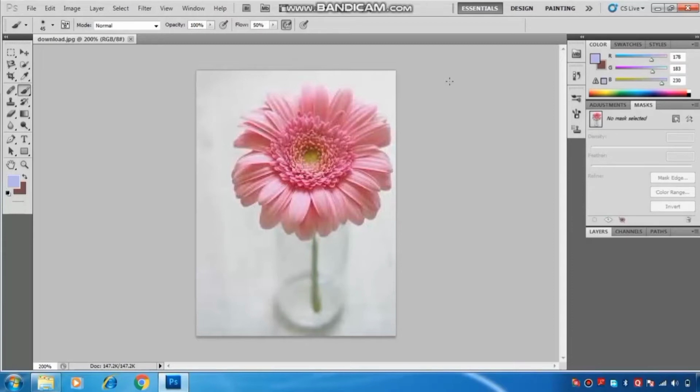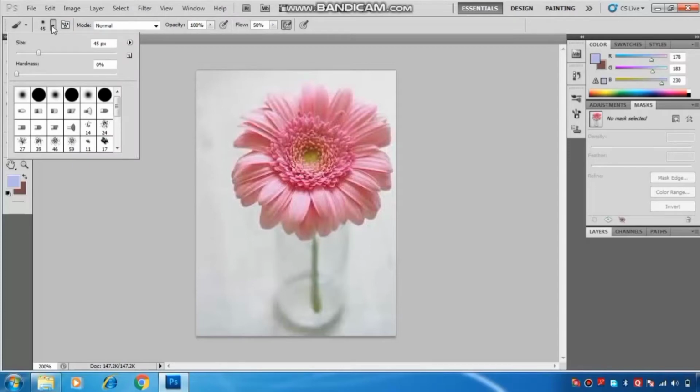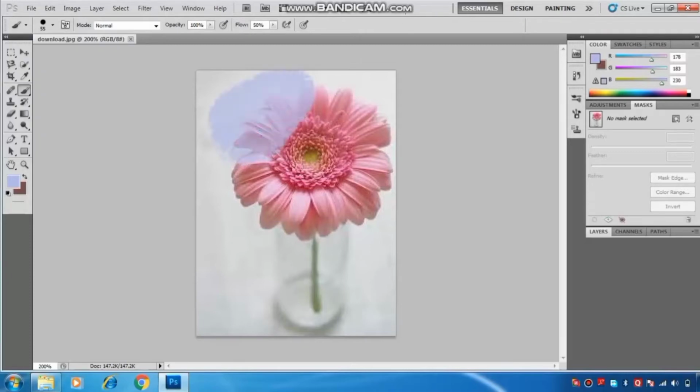Now from the option menu, you can select the appropriate size of your brush. Suppose I want to take this size of brush, number 55. Then drag the brush on the image to apply the brush stroke like this. Here you have seen the use of the brush tool.